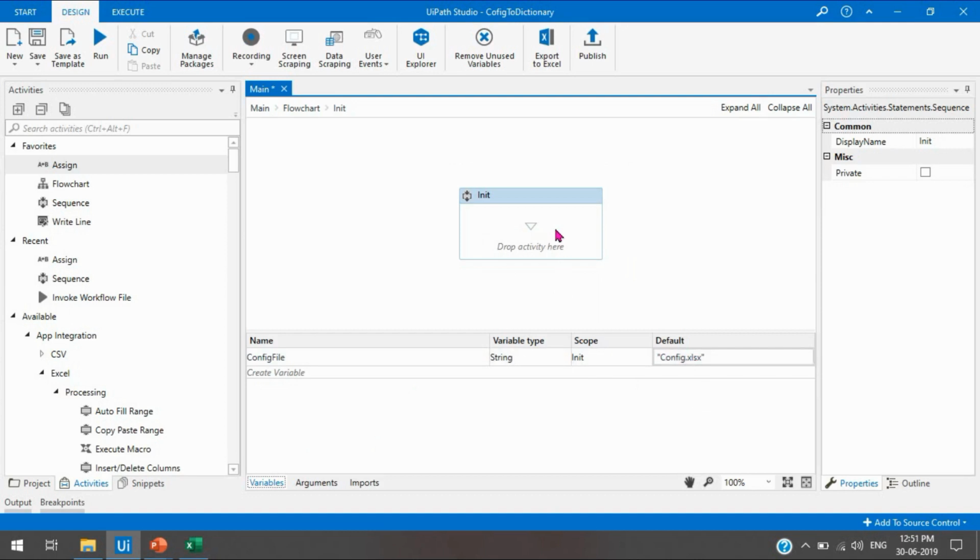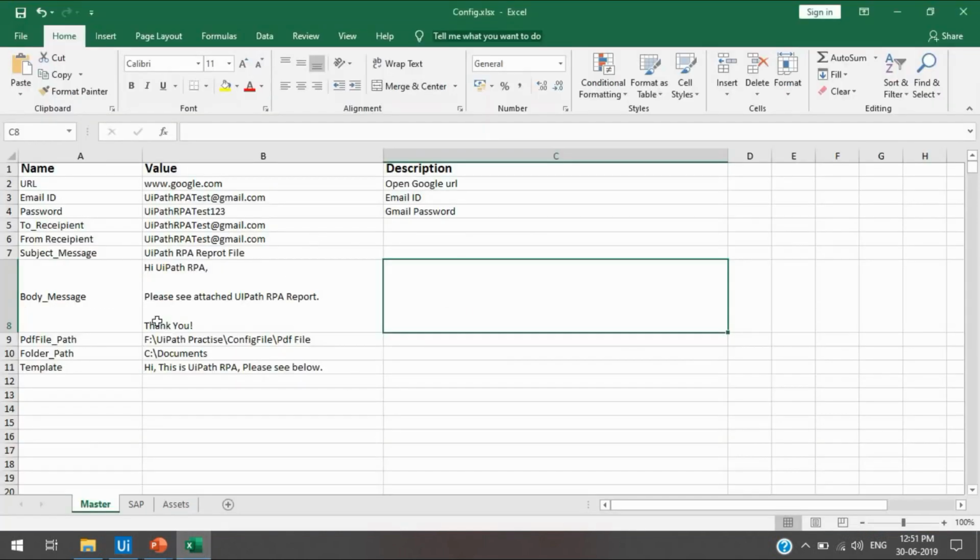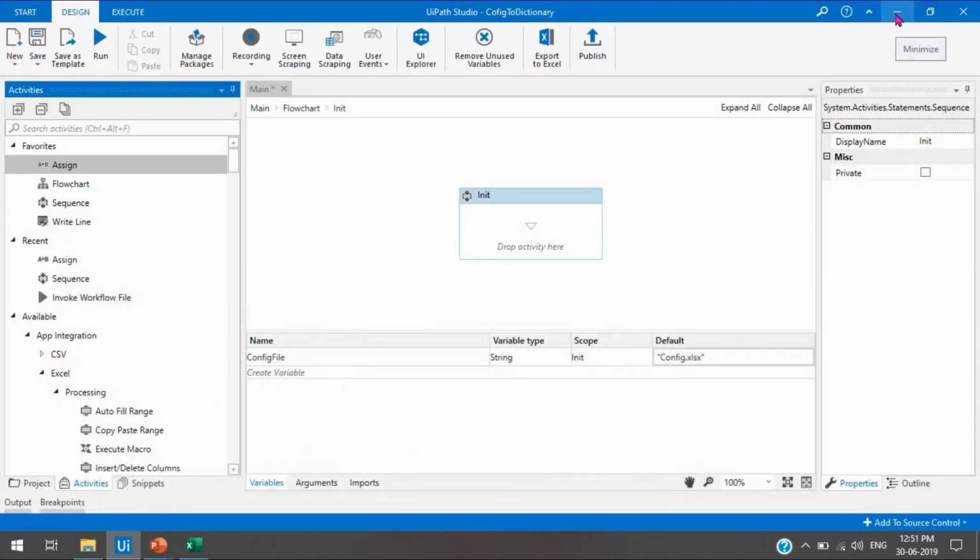The next thing, after taking the config file location, we need to take the sheet name here. We need to first read this Master sheet data, so then we need the sheet name, because at the time of using the sheet name in the Read Range activity, we need to pass that sheet name.